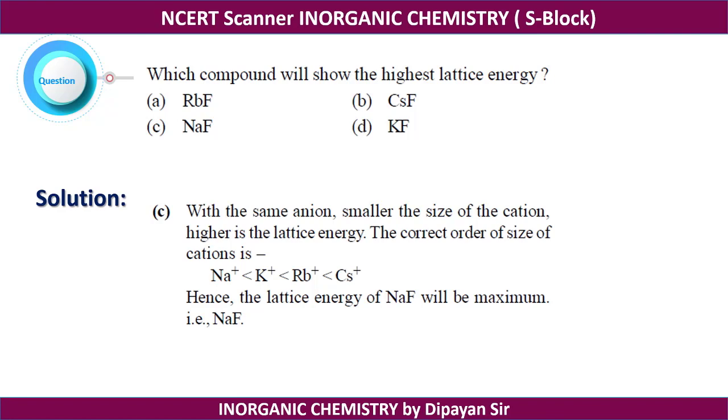But we can explain it by the charge density also. As sodium is very lesser in size, it will be higher in charge, and fluoride is also higher in charge because lesser in size. So positive and negative, they have comparable size, so the effective lattice will be very stable. That's why their lattice energy will be very high.